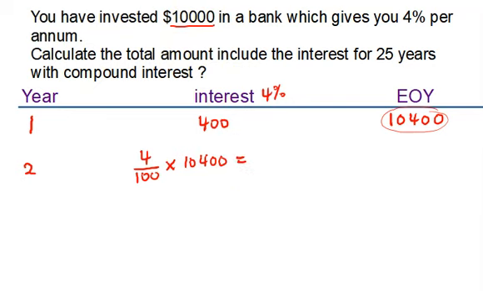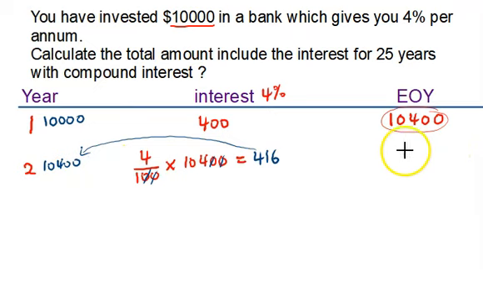So you'll be having 416 for the second year, and we'll add it to your initial model. So model for the first year is 10,000, second year is 10,400. When you add up, at the end of the second year, you'll be getting about